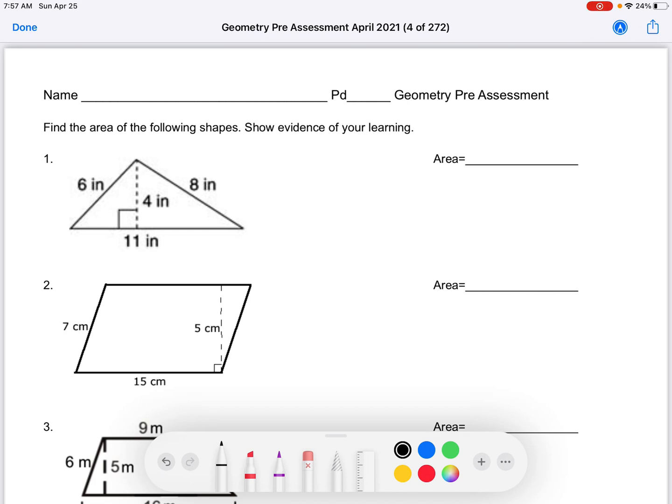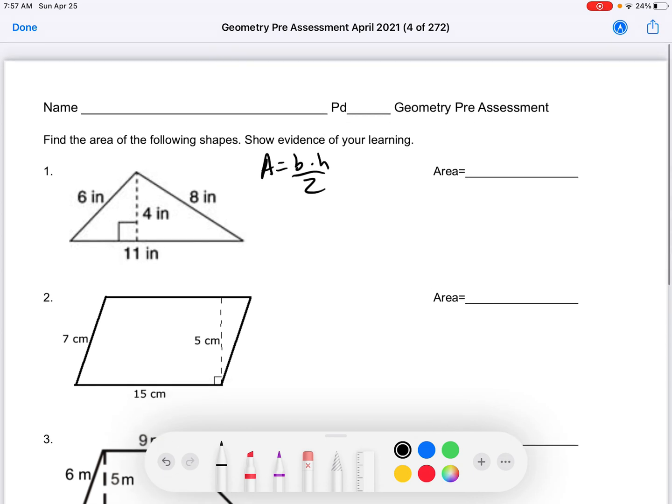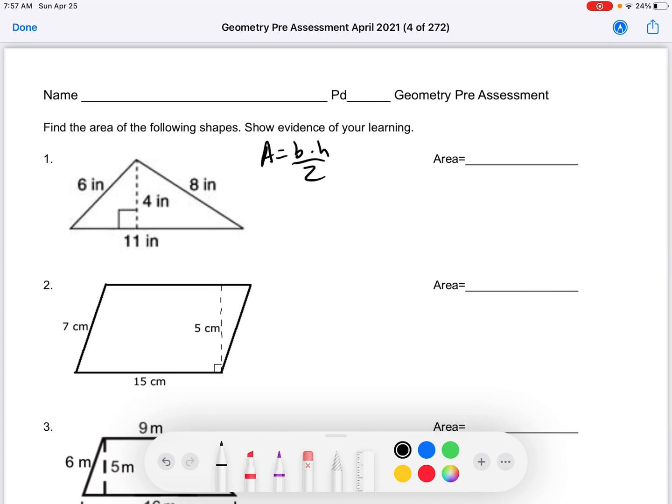Okay, so the first one that we have is a triangle. The area for any triangle is its base times height divided by 2. Just as a little note, remember, why did this all come about? This came about because this used to be a parallelogram, and then we cut that parallelogram in half. The area of any parallelogram is base times height. So we realized that for a triangle, we would just need to cut that there and find that base and